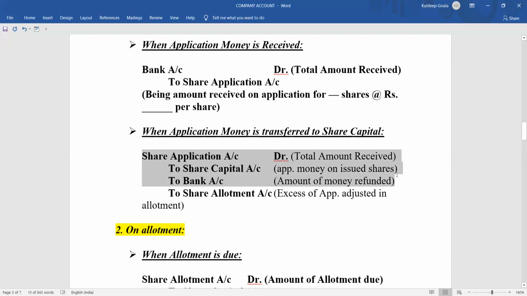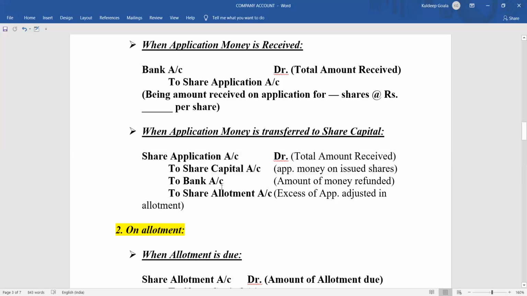उसके बाद उसमें से जो तुमने रिटर्न कर दिया है कस्टमर शेयर होल्डर्स को, तो वो चला जाएगा बैंक में, टू बैंक अकाउंट। और जो तुमने एक्सेस एडजस्ट किया है, कभी कभी हो सकता है अलॉटमेंट या कॉल में एडजस्ट करे, तो वो चला जाएगा टू शेयर अलॉटमेंट अकाउंट। और अगर अलॉटमेंट में भी एक्सेस हो गया तो चला जाएगा टू शेयर कॉल अकाउंट, जो भी फर्स्ट कॉल सेकंड कॉल जो भी कॉल होता है एक के बाद एक, वो कॉल में चला जाएगा। So this is the situation of receiving the money at the time of application and transferring it to